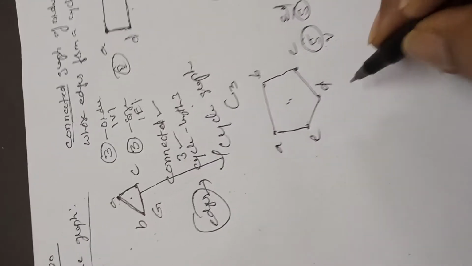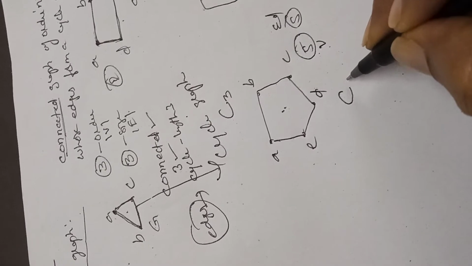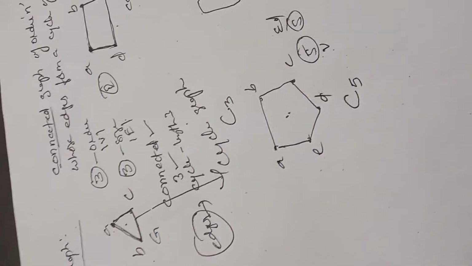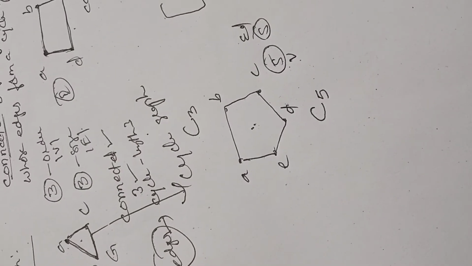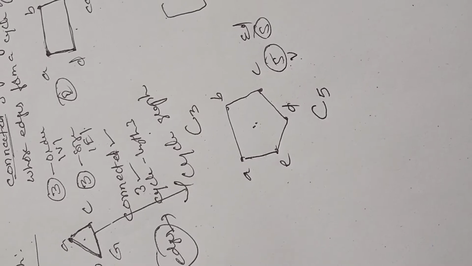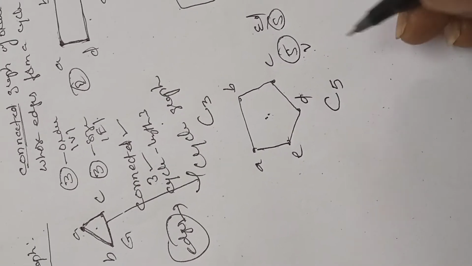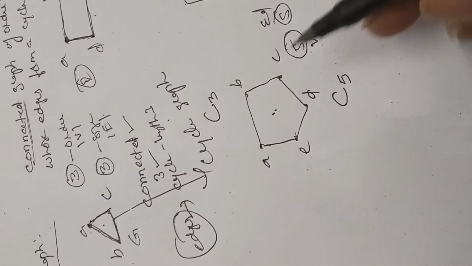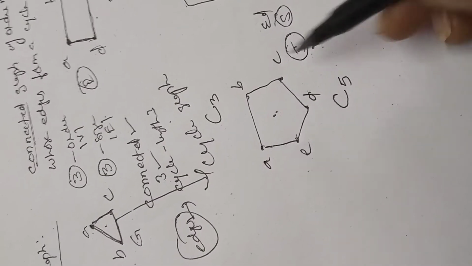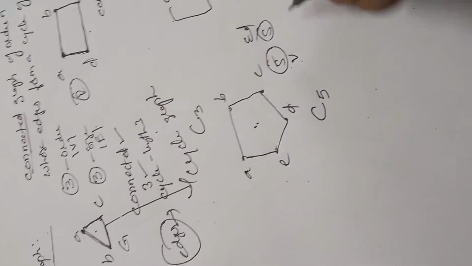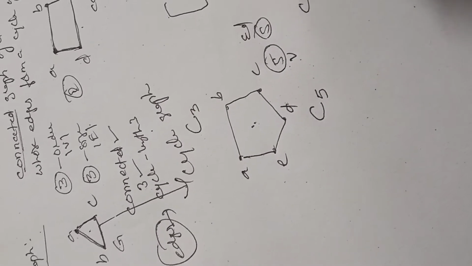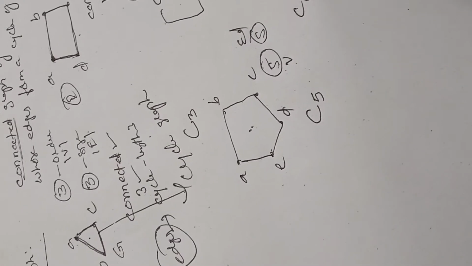Therefore this graph is also a cycle graph. It is denoted by C5, where the suffix 5 indicates the number of vertices in the graph and also the number of edges in the graph. This is a cycle graph of order 5. This is called a pentagon. Similarly, C6 is equal to